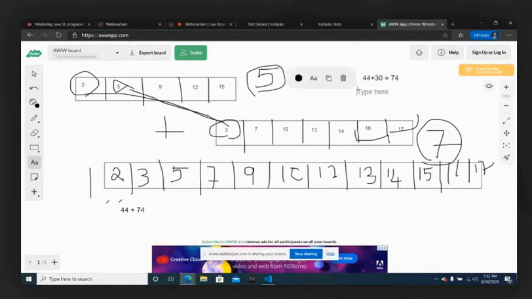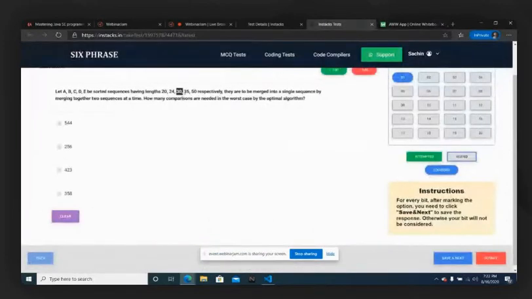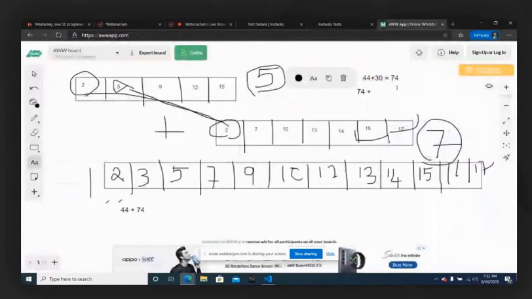After this, you have an array of size 74, and the new array that you are going to merge with this is the next array, which is of size 35. So along with 74, you will be adding 35, which totals 109. So the new array length is 109, and then 109 comparisons you should have made. So 44 plus 74 plus 109.